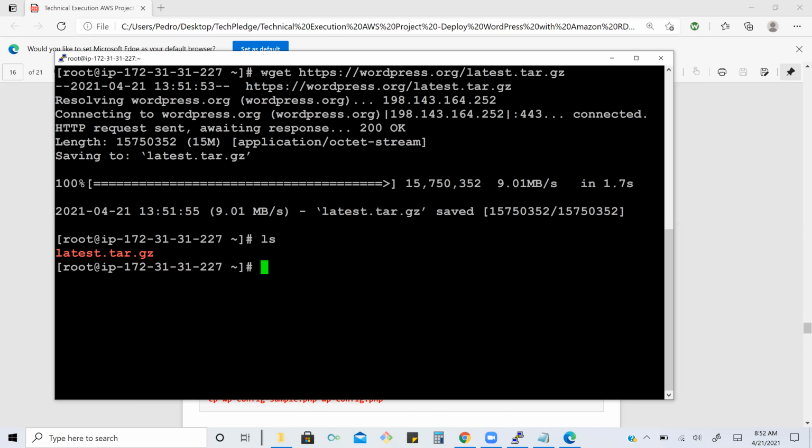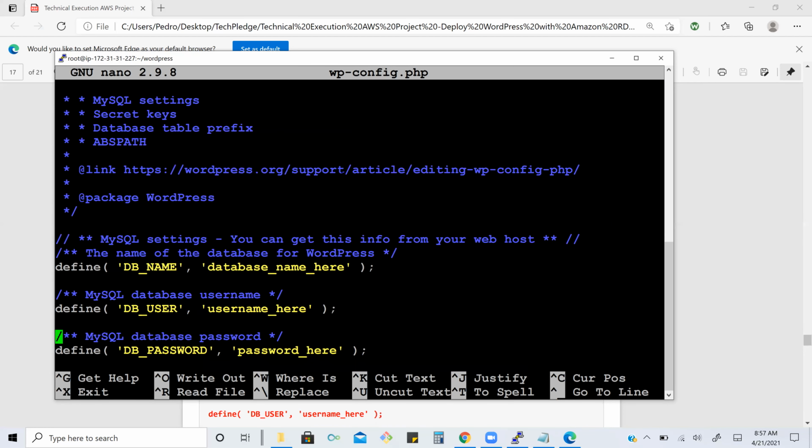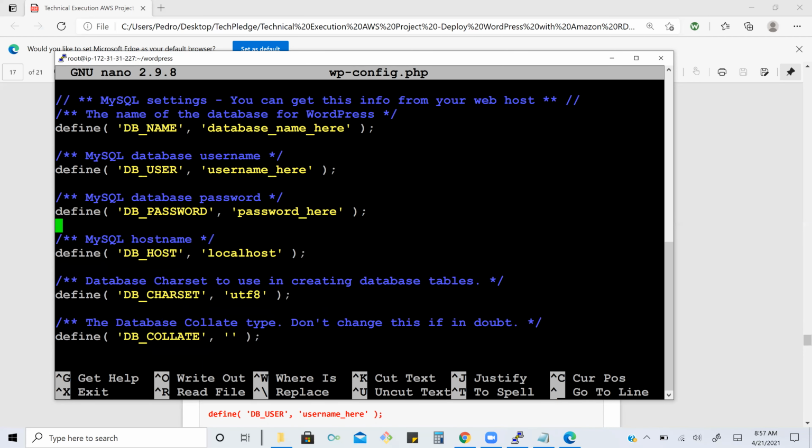Here we have to give everything. For example, what is my database name? What is my username? What is my password? Scroll down. And then where is my connection there? So everything we have to define. First of all, we have to define what is my database name. You remember the database name when we created the RDS is WordPress. So go and change the database name on top, the first one.